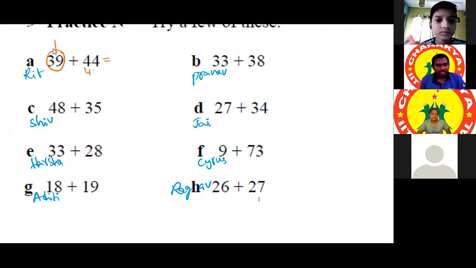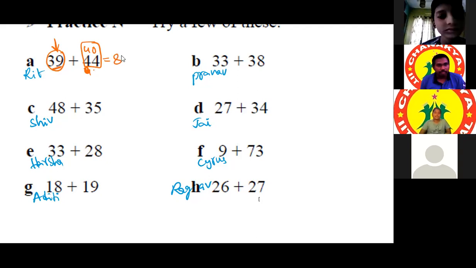It is nearest, no? Yes, sir. Nearest to the base is 39. So I told. Okay, 1. So 39 plus 44 plus 1 is 40 plus 44. 44 plus 40 is equal to 84. Because we have added one extra, we reduce one, so it will become 83. Okay. Right.